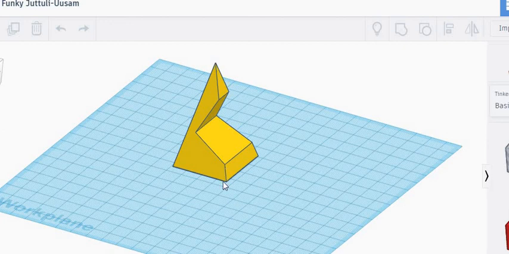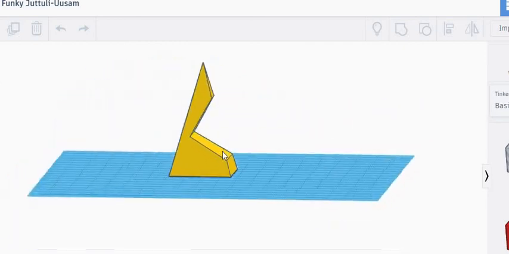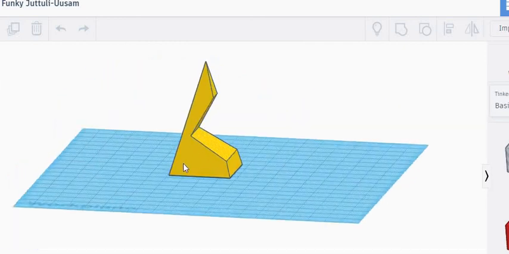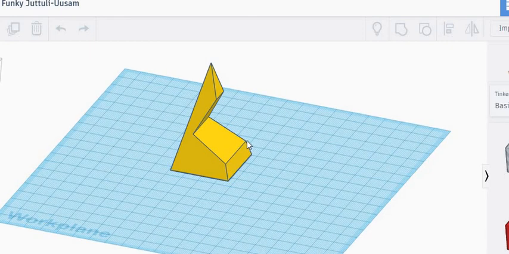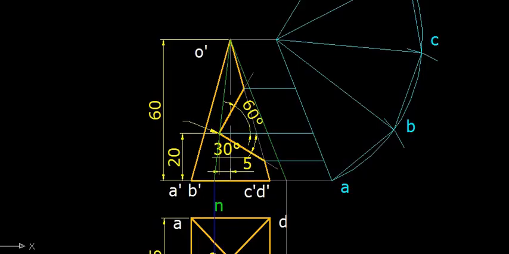So this is O, this is C. So here there is a point, let us call this point PC, and let us call this point QC. So these two points will be overlapping if you look at it from the front. Now similarly here these 2 points will be PD and QD. So let us name these points here. That means PC and PD, QC and QD are 2 points each. These should be marked in the given development.